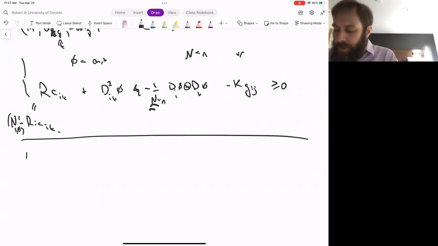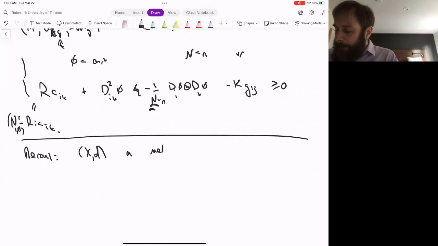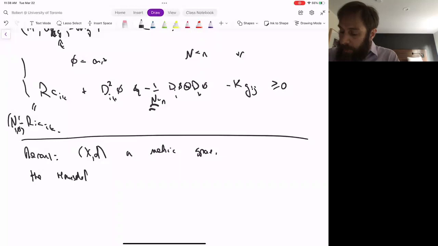And so recall, if (X,d) is a metric space, and then you look at subsets, the Hausdorff metric on subsets of capital X